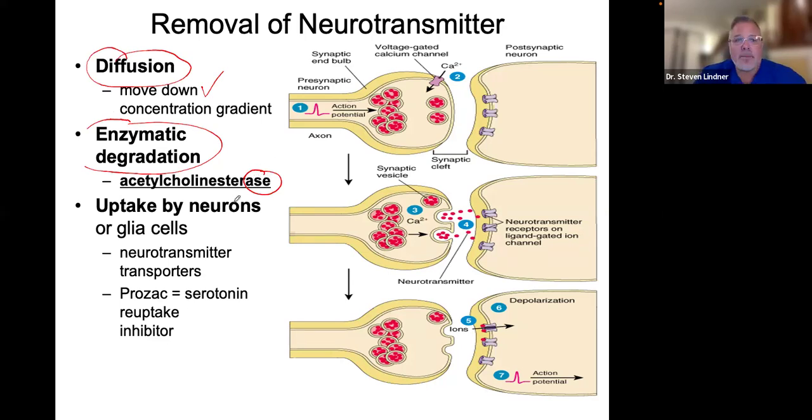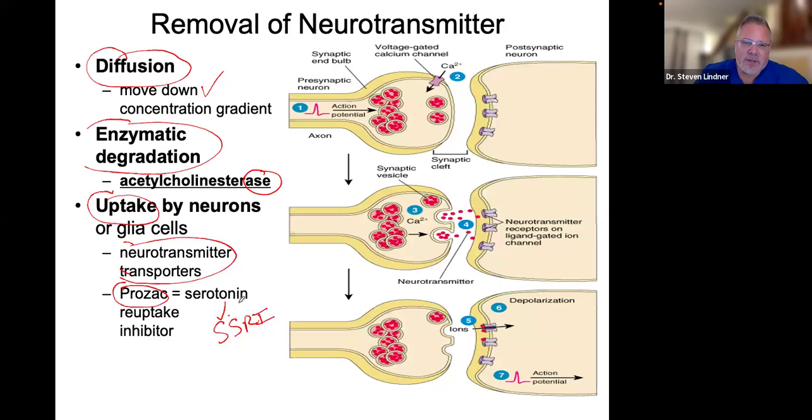And our bodies can also repackage them and put them back. We call that uptake or reuptake. These are nothing other than neurotransmitter transporters. They're going to bring them back to storage. It's like a person that uses Prozac. We have some medications out there called SSRIs,